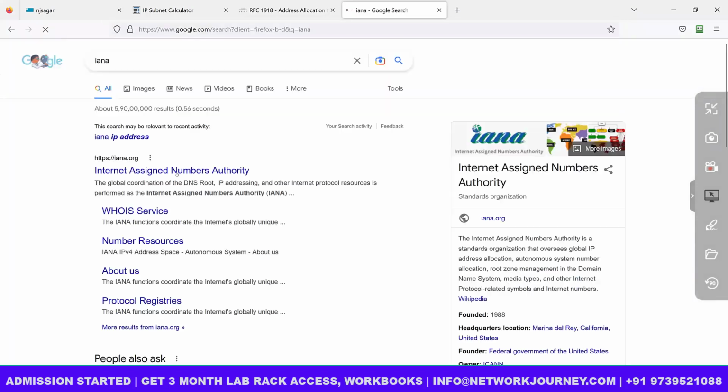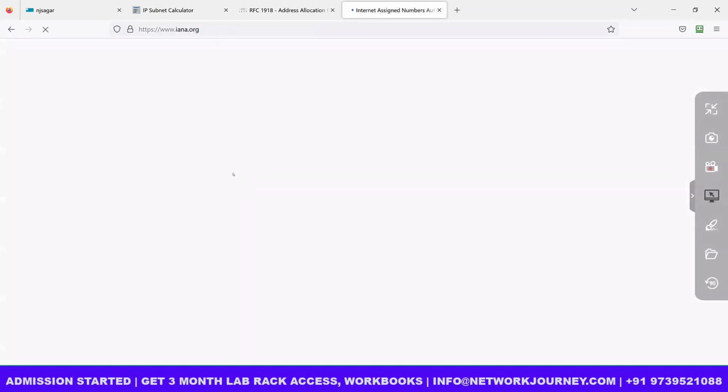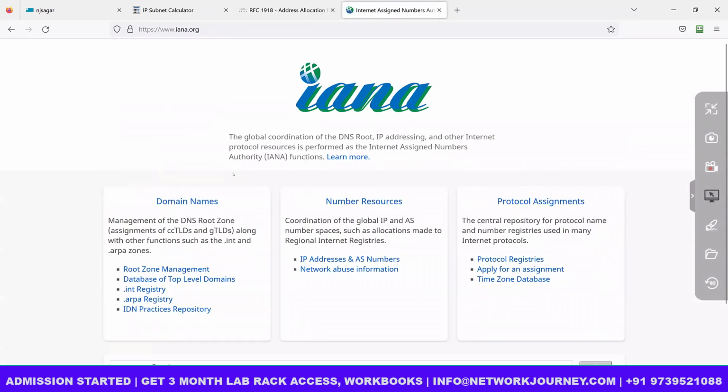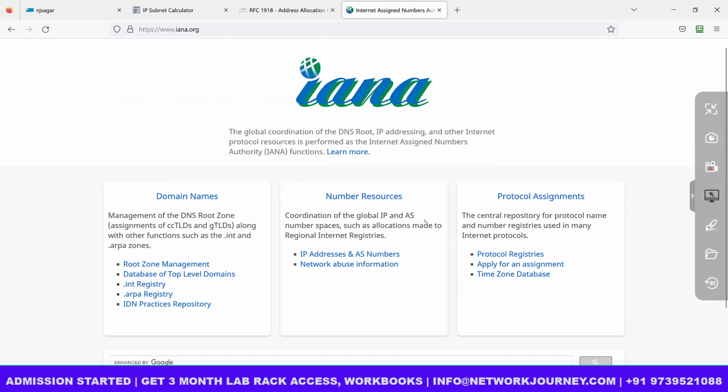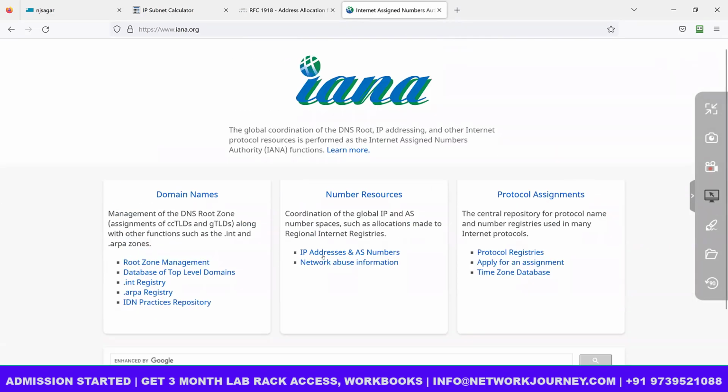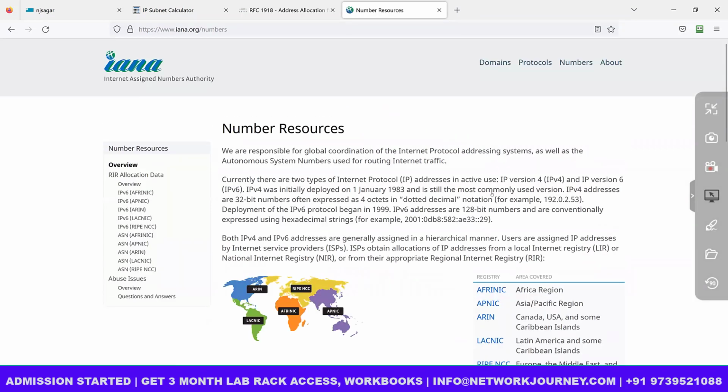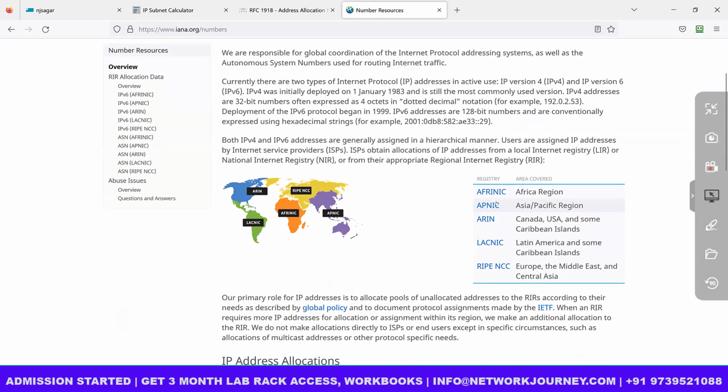So these are the entities who assign the public IPs. They will have a list of tier 1 service provider, tier 2 service provider, tier 3 service provider, the regional service providers, and they keep the addressing. See, if you click on IP address and AS number, depending upon the regions, let's say if I take Asia Pacific,